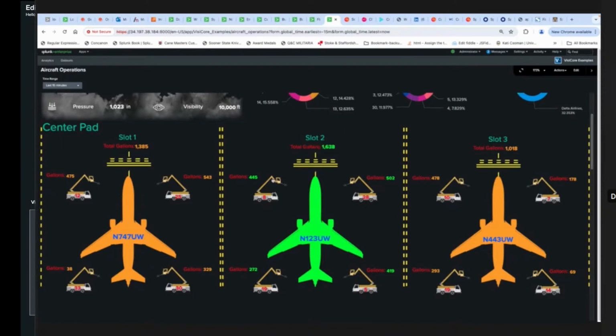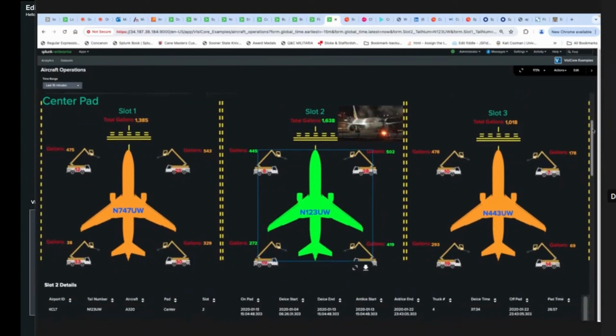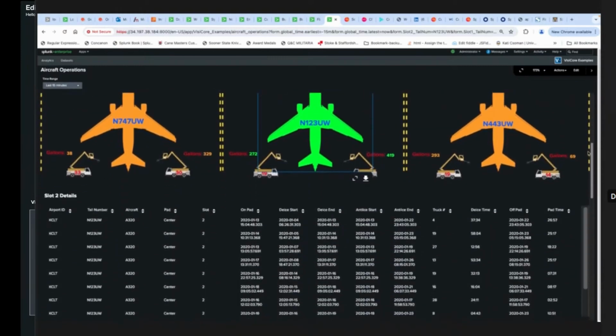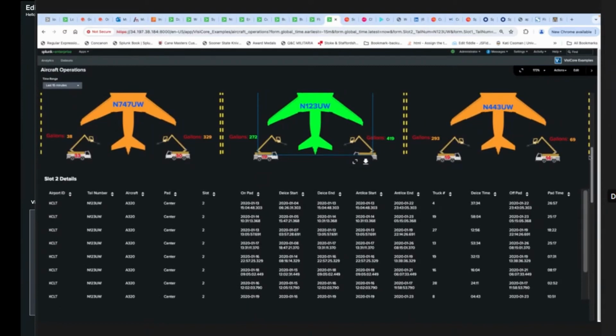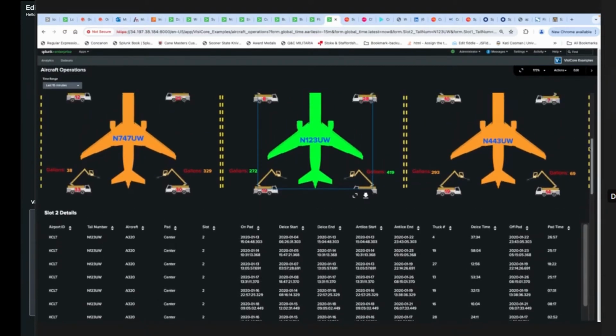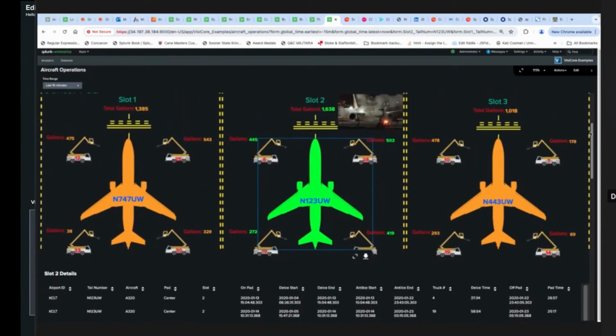So things that you've probably never seen before. If I click on this aircraft here in the center, we can view a number of different things. We can view real-time camera and bring it into the dashboard. Or we can view historical data in the dashboard, as in what happened an hour ago on the camera. We can see the actual details that are happening right now with that aircraft and what its status currently is, all the information about it.